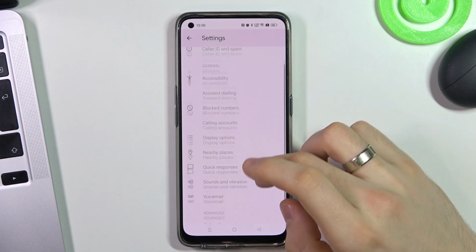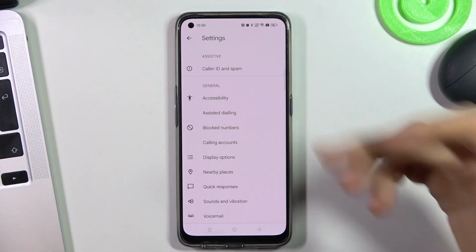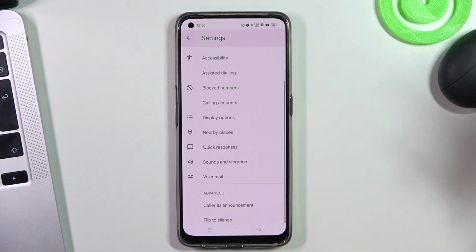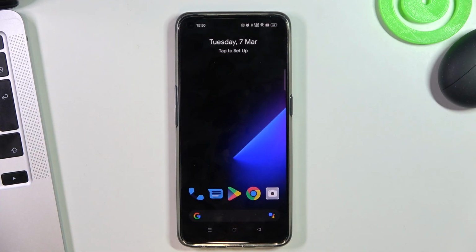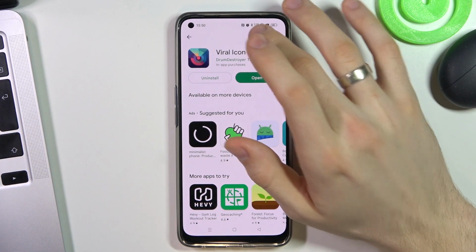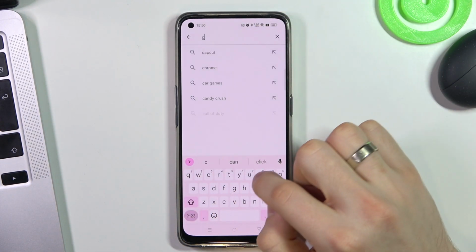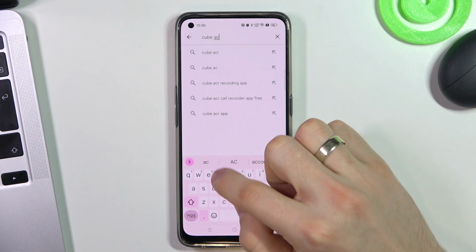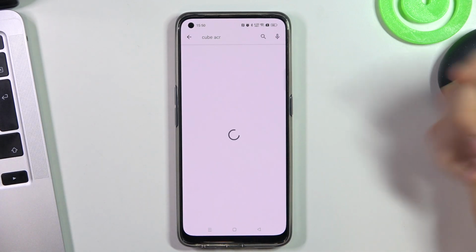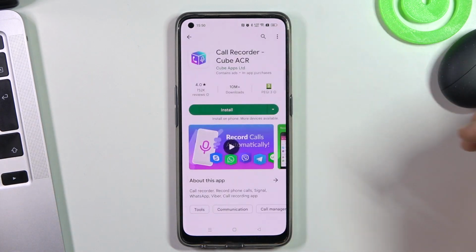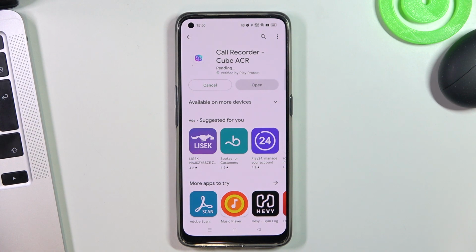So if in your country this feature is unavailable, like in my country, we need to use third-party applications. I suggest using Cube ACR. Cube ACR works really stable. Just find Cube ACR, Cube automatic call recorder, click install,